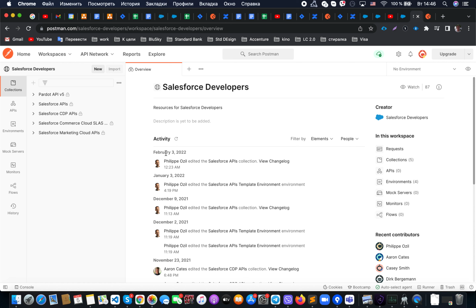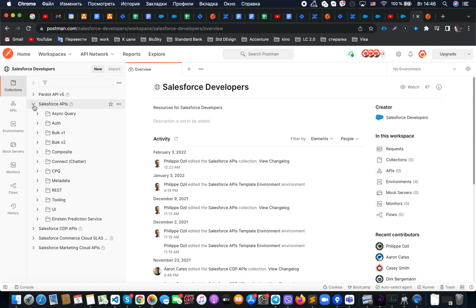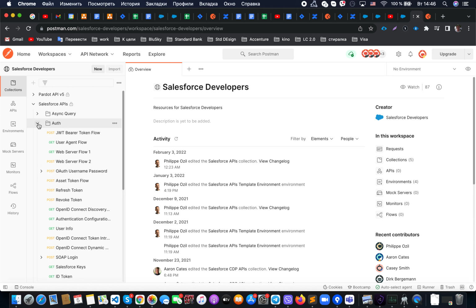is that it's, at this moment, an updatable library, an updatable workspace, and from there we can see what kind of APIs we can currently use. You can see that we can use Pardot, Salesforce APIs, Commerce Cloud, Marketing Cloud, SDP, and for example, if we go to Salesforce APIs, from there we can check, for example,